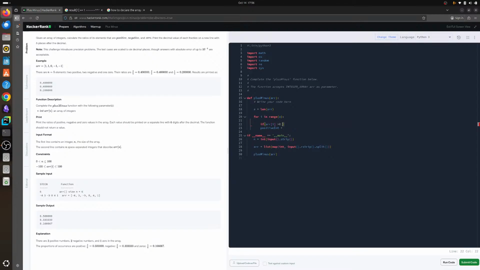If arr of i is strictly greater than 0, then it will be a positive integer, then arr of i, so let's put it here,